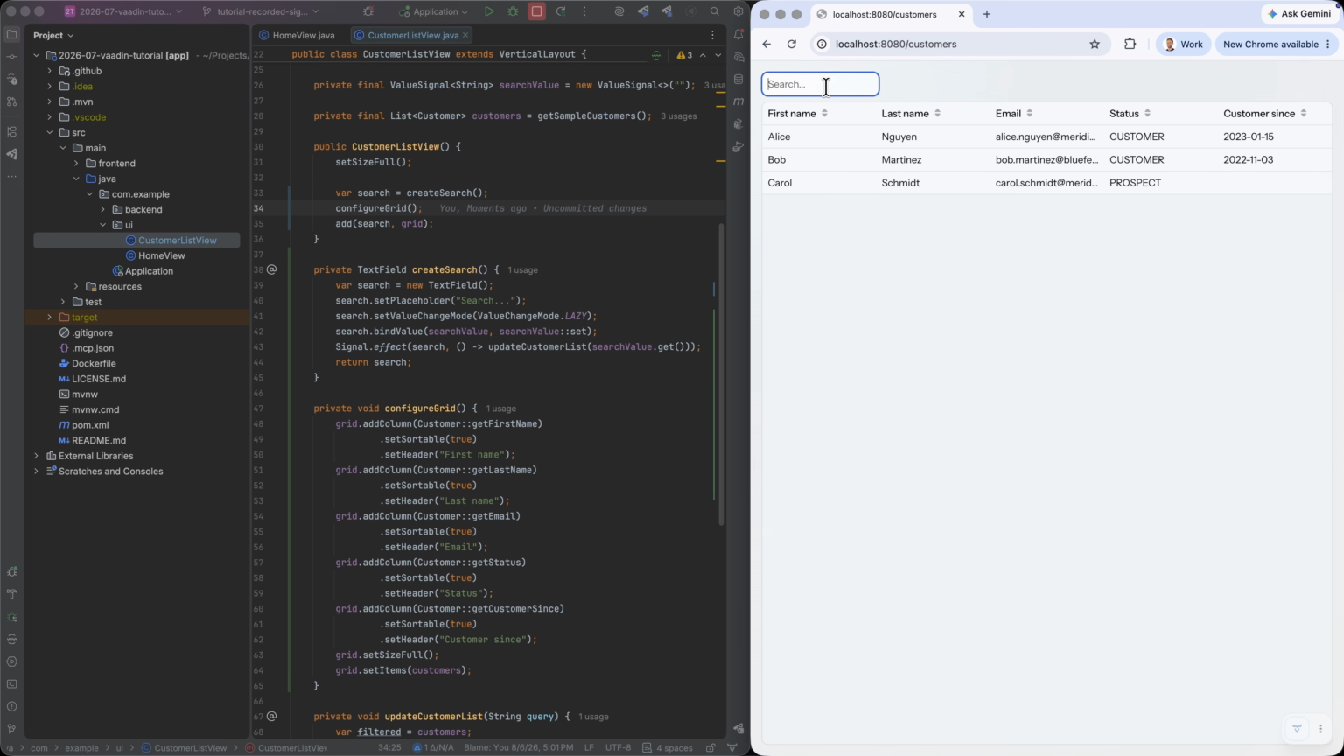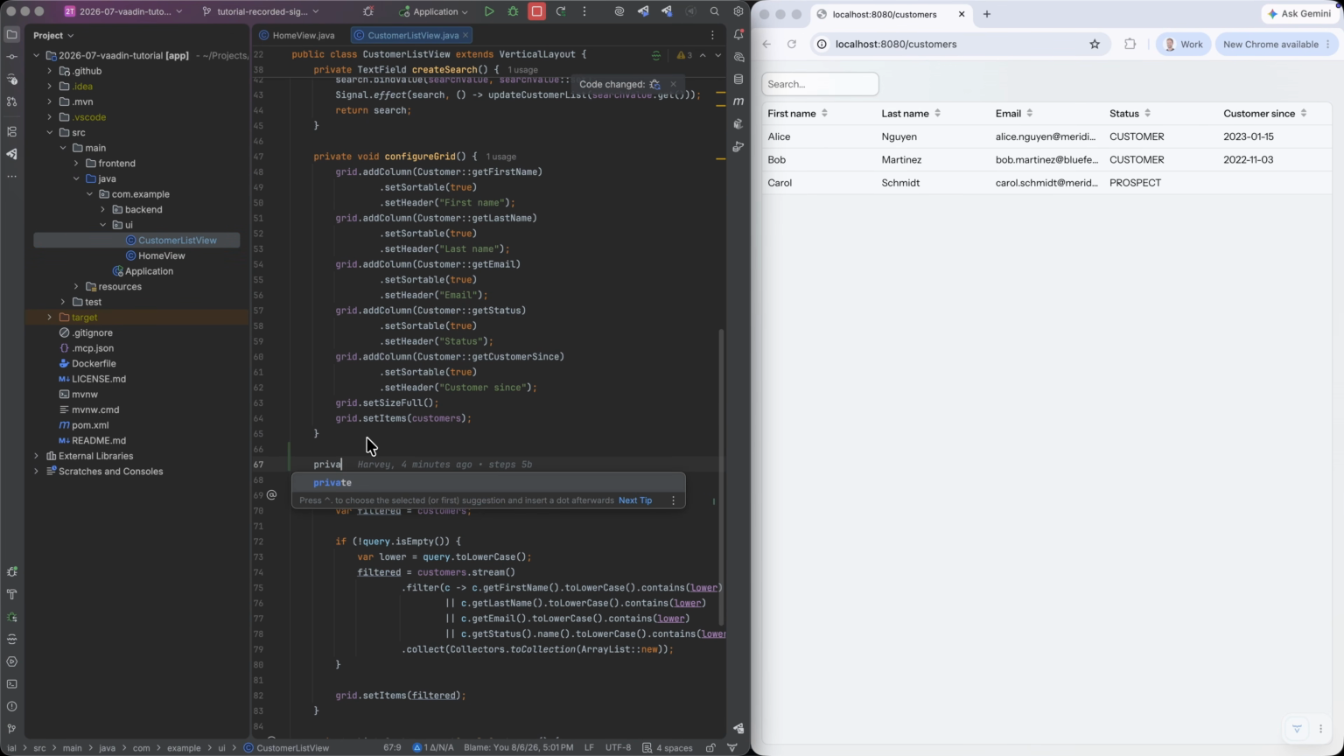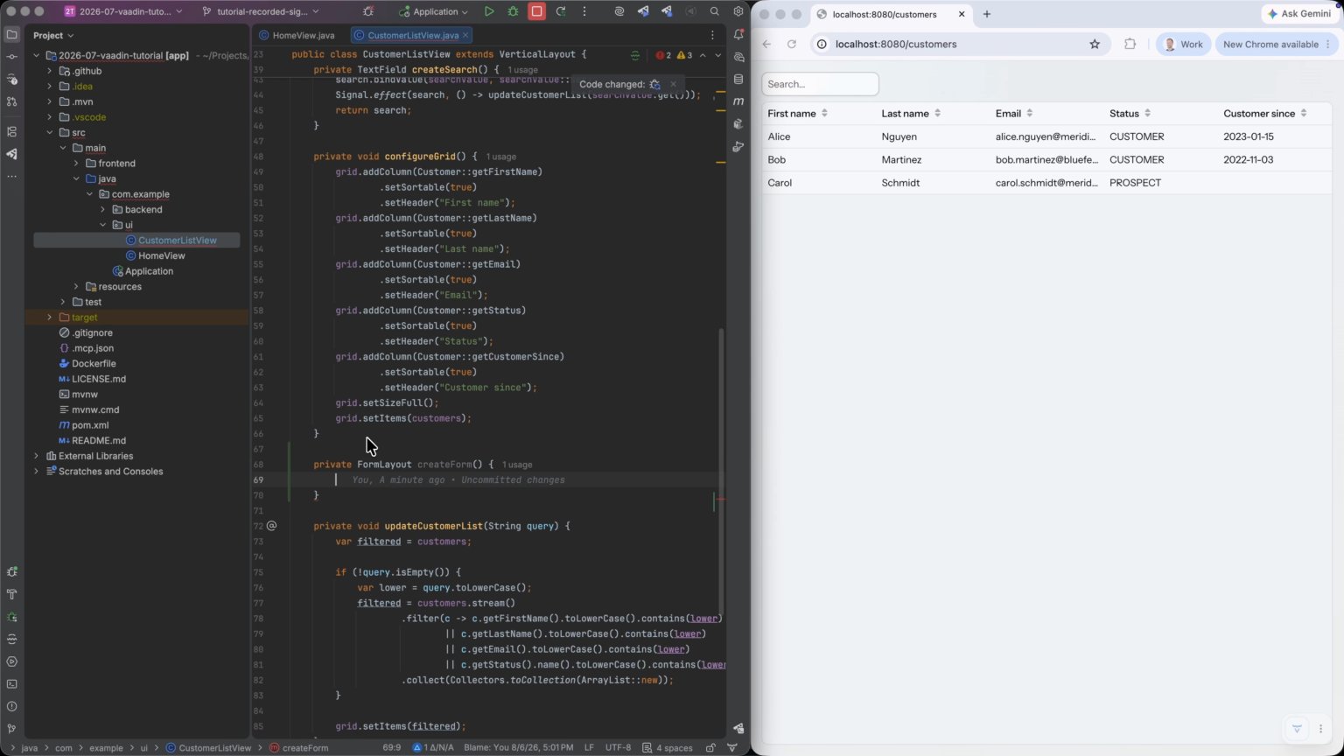So now we're able to sort customers and search through the customers, but we still can't really interact with them. It would be cool if I could click a customer and view their details in some kind of modifiable form. So let's start by creating a form that maps to the customer properties. And just like for search and grid, we'll create a new method here that will encapsulate all of our form